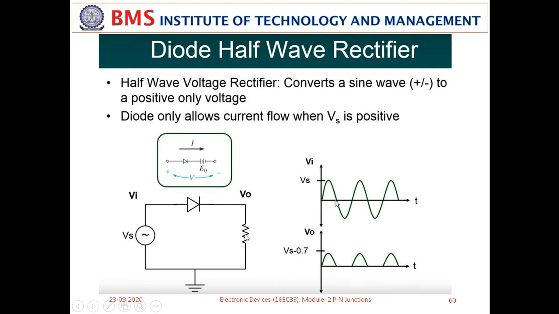But during the input negative half cycle, there is no current in the output through the resistor. So, the negative half cycles are suppressed. You do not see the negative half cycle in the output; you see only the positive half cycle. This is only pulsating DC. It is not the perfect DC, the perfect straight line, that you are expecting.